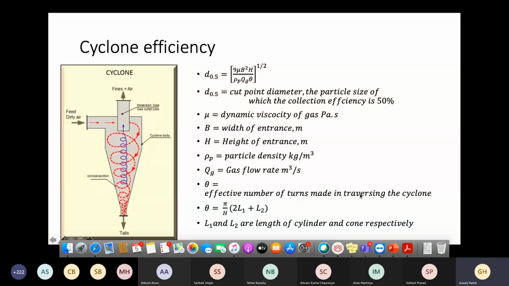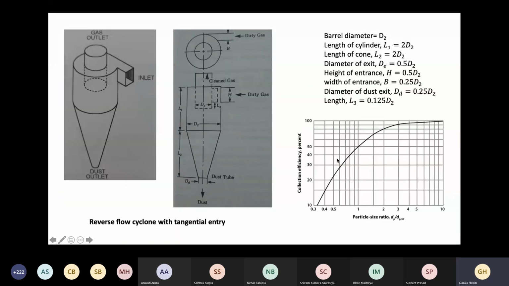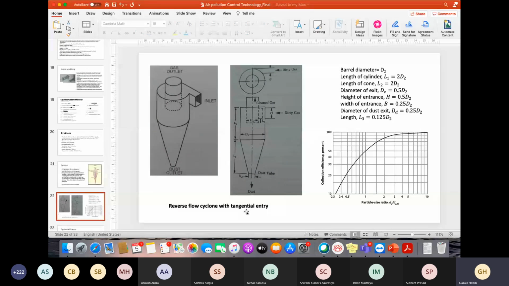So in general, when you see the collection efficiency figure, here I don't have the figure which shows the flow rate versus collection efficiency, right? So I will tell you that